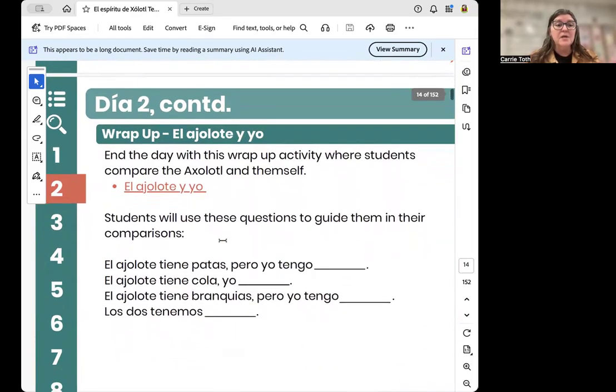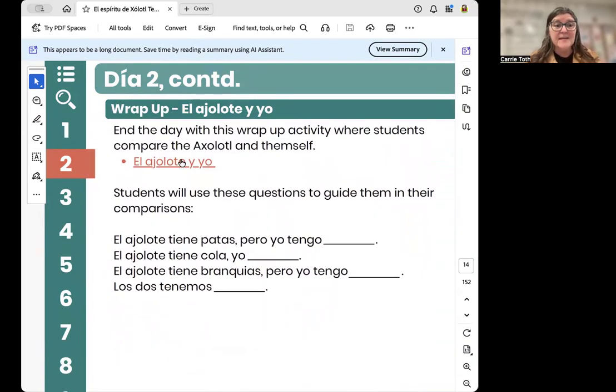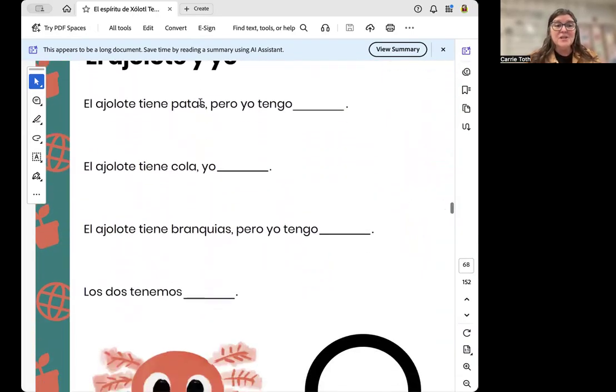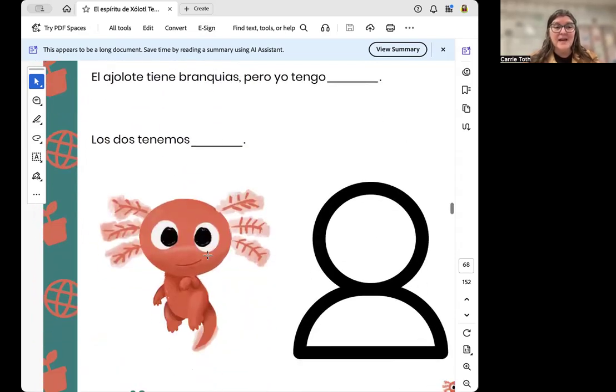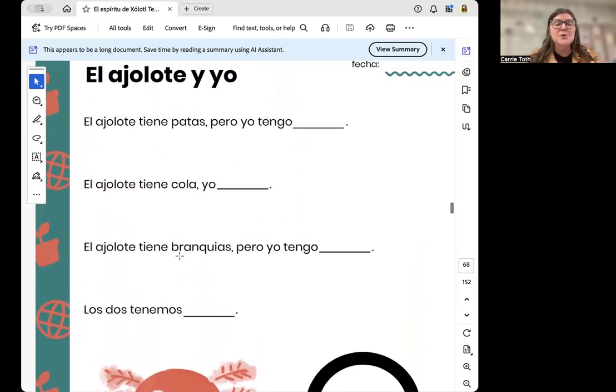After you have your new cards, then I'm going to wrap up with the activity El Ajolote y Yo. And this just, like it says, is an axolotl and I. So here's me, here's the axolotl. What do we both have? We both have eyes, we both have a mouth. So